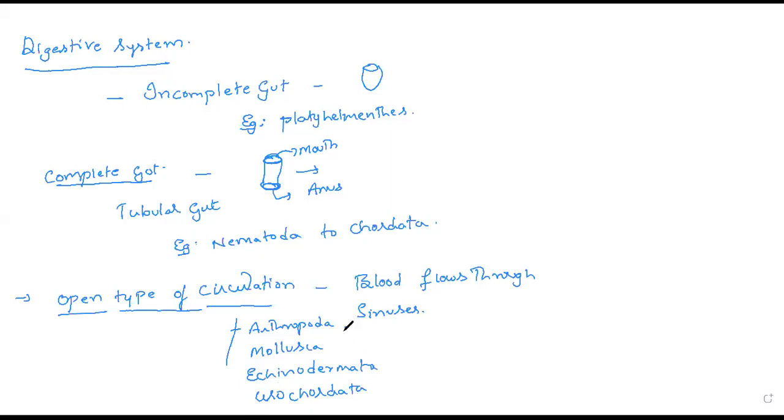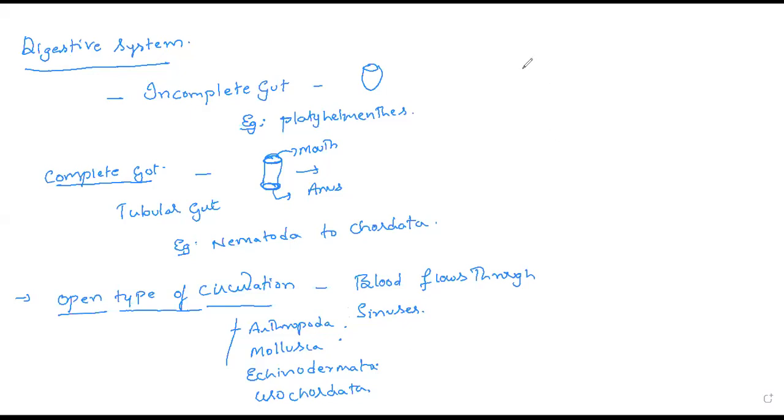And you have to remember the examples of these things. They won't directly ask you in arthropoda what type of circulation. Instead of arthropoda, they may ask you cockroach, butterfly, crustaceans, limulus, like that. Same in the mollusca also. Pila is there, Aplysia is there. But in mollusca there is one exception, we'll teach that while teaching mollusca. In echinodermata also you have to remember the examples, and urochordata also.